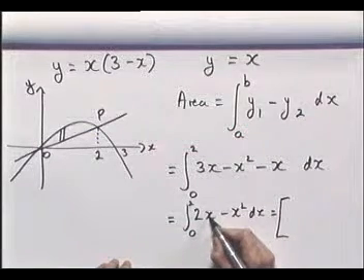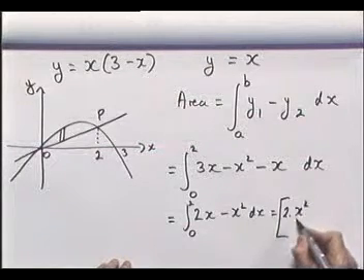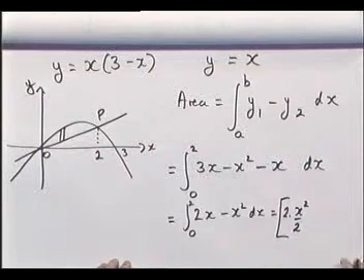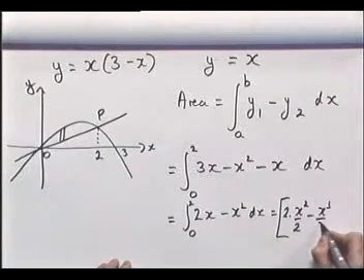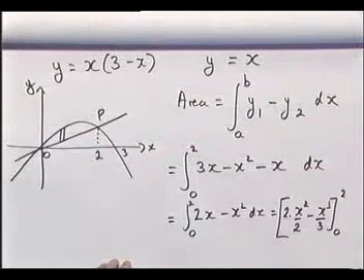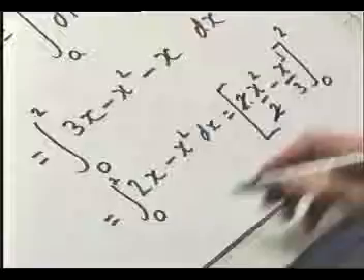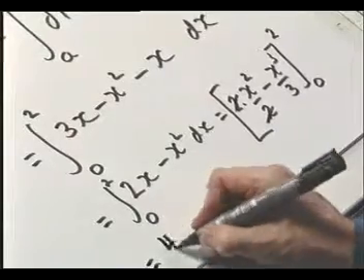The integral of x is x squared over 2, so that's 2 times x squared over 2. The integral of x squared is x cubed over 3, between 0 and 2. I can cancel a 2 there and there, substitute in. 2 2's are 4,